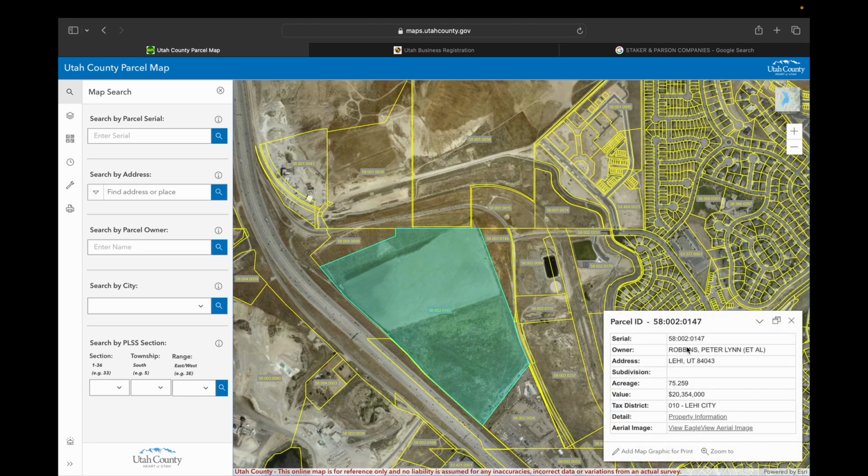So essentially with that, you can kind of find out who they are and then start diving a little bit deeper into whether or not you can get their contact information from, let's say, White Pages, which is a good place to search. If you want to get their phone number or find their address to send them a letter. If you're having troubles, because let's say, for example, this parcel up here is owned by Stockholm Parson Companies,